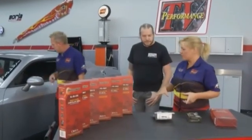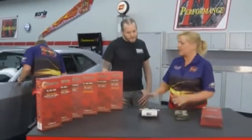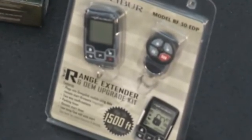Well, as cool as that is, Mike, you folks also have some really neat things that we can add on. Factory remotes don't have a whole lot of range to them. Correct. But you guys have something that can take care